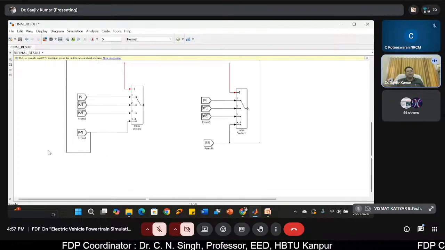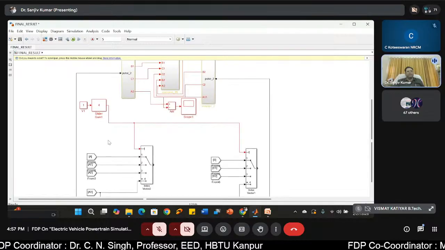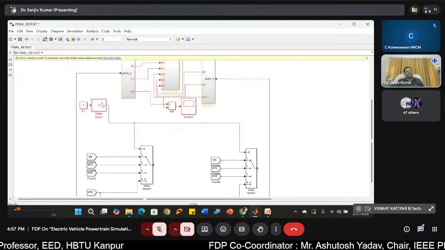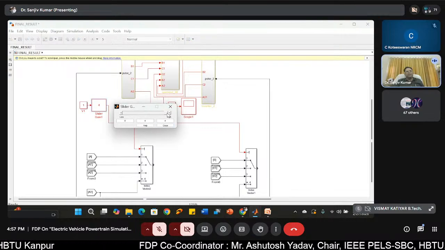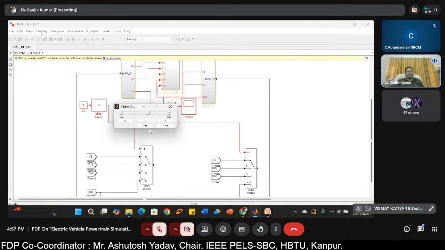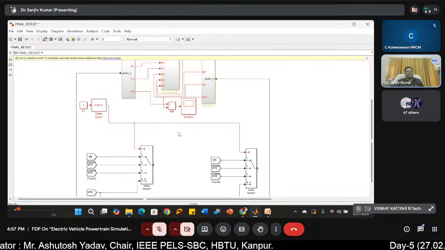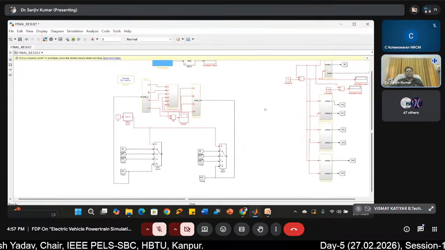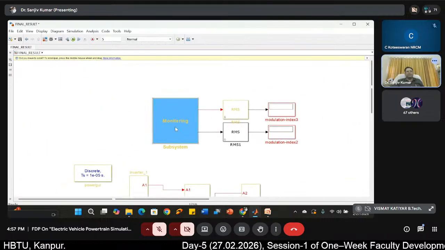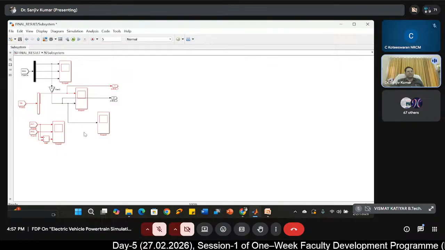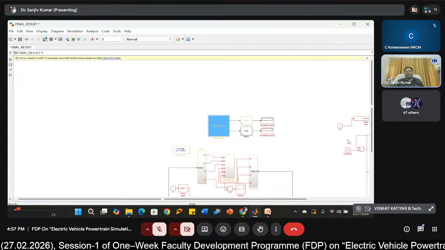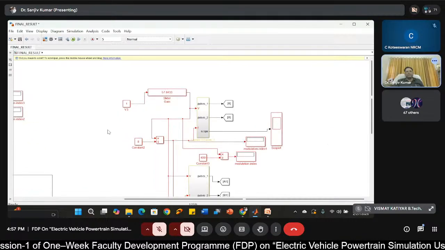So depending upon your choice, if you say the value is 4, then it would become that. Here is the slider gain. The slider gain is available in Simulink itself. While running the simulation, you can change this. That is the beauty of slider gain. Now just run the simulation. For monitoring, we have also measured the phase voltage, phase current and everything. Now come to this and run the simulation.